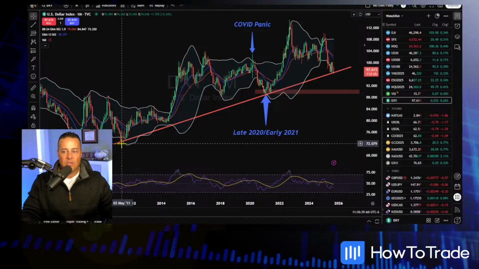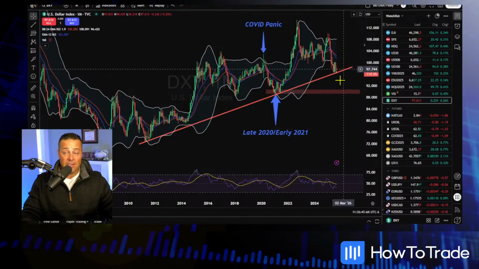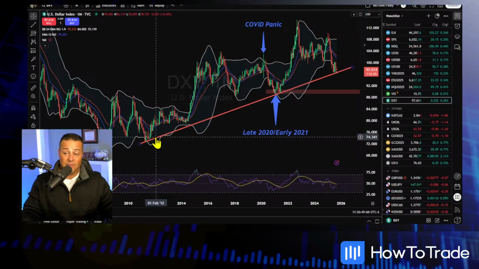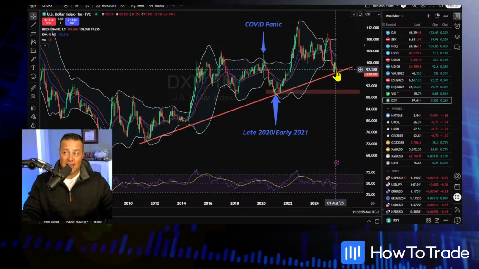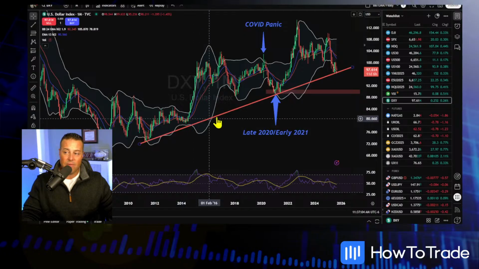Basically, the idea was, hey, listen, Shane, we've got a monthly trend line that's in play for the dollar index. And I took a look at it and I went, you're right. COVID lows shows us exactly where we're at according to that long-term trend line. So right down there, the financial crisis of 2008 to 12, really some ugly stuff that was going on in April of 2011.